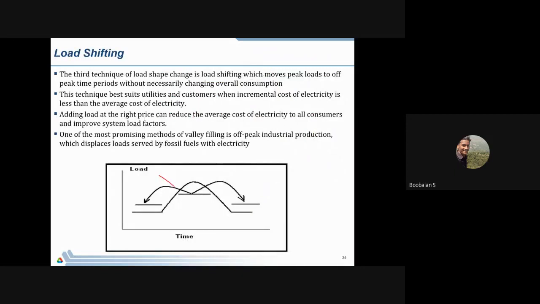So load shifting, what will they actually do, right? They will take a quick survey. This survey is about that particular power supplier. For example, I'm just talking about TANGEDCO. They will have a quick overall survey about their customers: which customers are connecting their loads in that particular time period, 6 to 8 p.m., the peak demand time, right? They will identify those customers and call them, or maybe have one more signed contract.